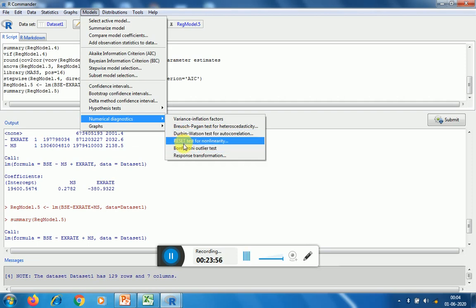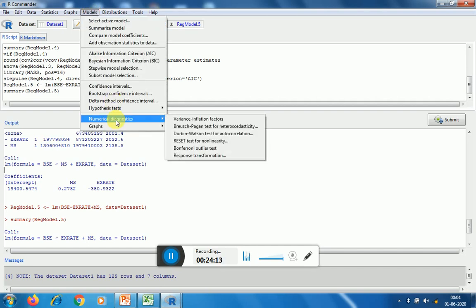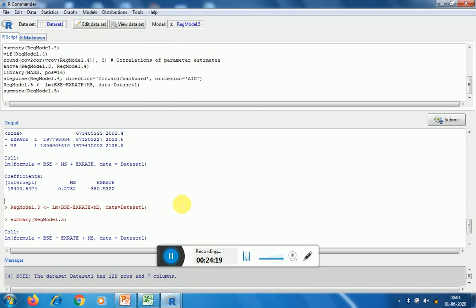If you know the application of these various diagnostic tests, and if you are interested in performing them, then you can definitely go with these numerical diagnostic tests as well. This will help you to select and formulate the most appropriate model for forecasting purposes, which will always give you correct results and will not mislead any researcher in making forecasts. So this is all about stepwise regression analysis.